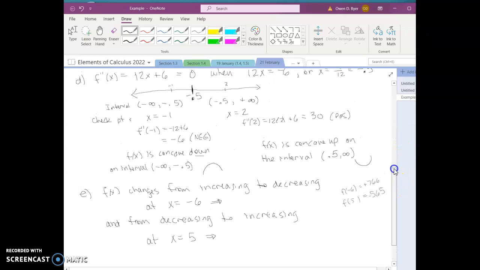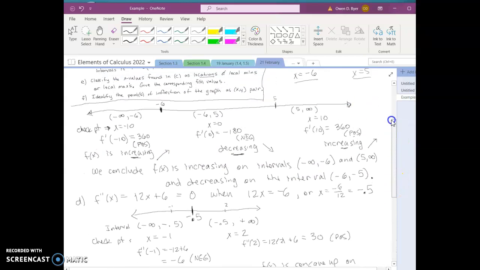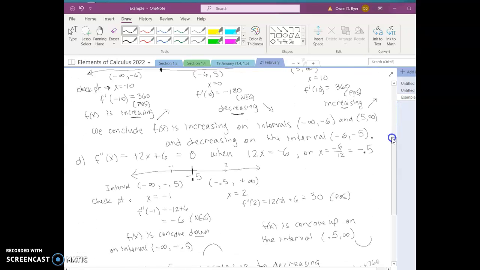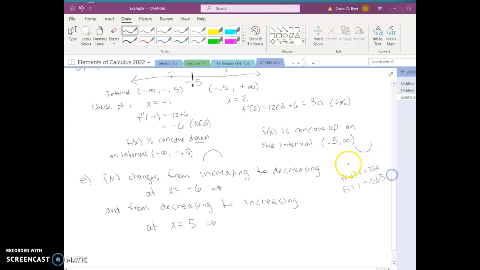Okay, back to part E now. Part E says classify the x values as locations of local mins or local maxes. Give the corresponding x values. So our two x values were negative 6 and 5. And we saw that f changed from increasing to decreasing when x was negative 6. In other words, it was going up, and then it was coming down. So this means we have a local maximum